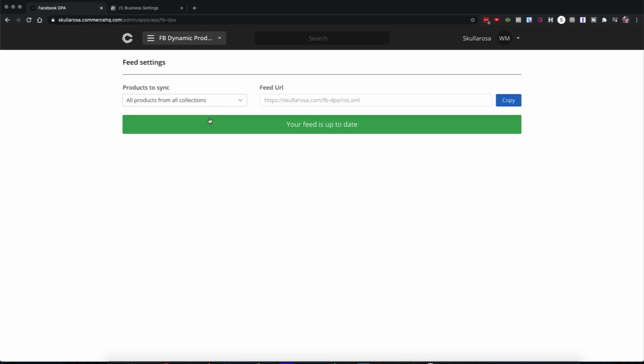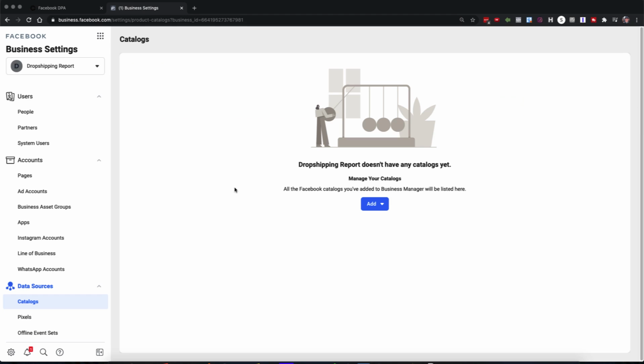If this isn't already set up, just create the feed, and we're going to use all products from the collection. And here's the feed URL. So you just want to copy the feed URL. And one thing I should say is that unless you have set up a domain and connected that to your store, this is not going to work, because Facebook is actually going to use the domain that's registered and connected to your store. So copy the feed URL and then jump over to Business Manager, and you want to go to